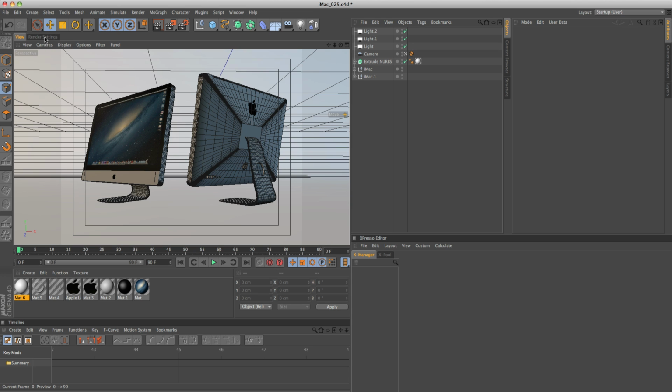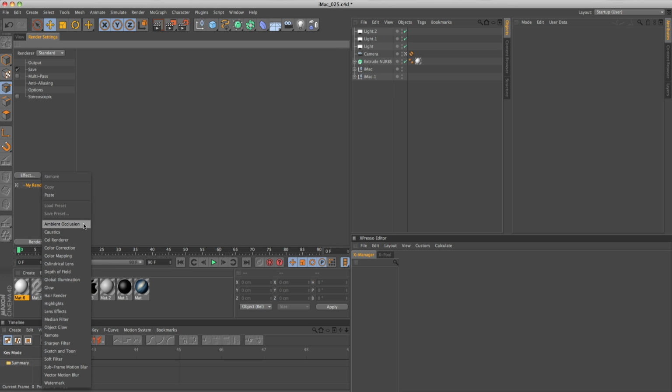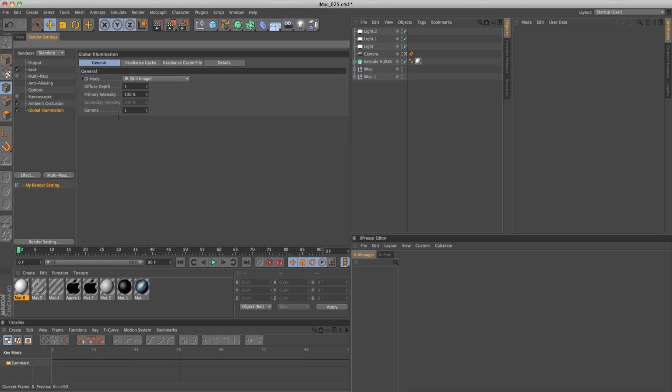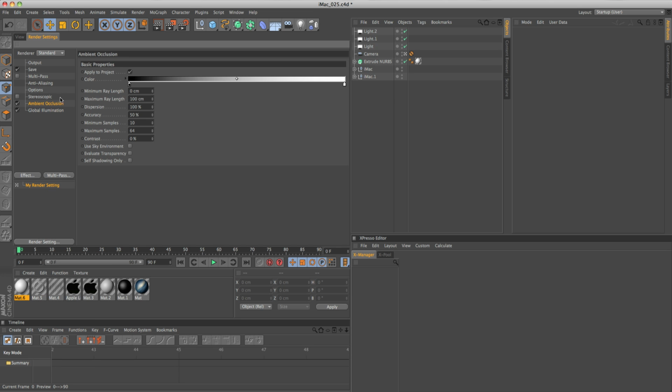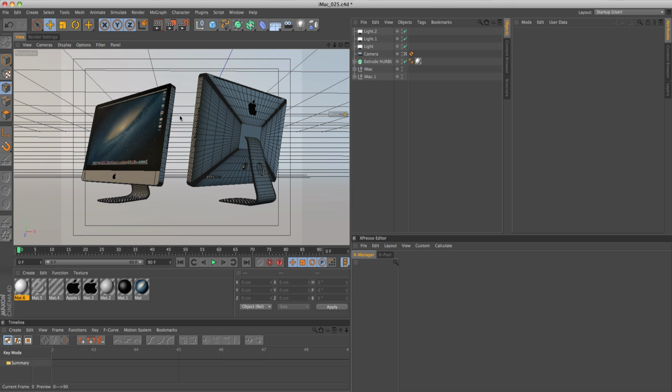So we want to come onto the render settings and select effect, and we want ambient occlusion, and then effect again and global illumination. And then with those two selected, we want to come on to the anti-aliasing and change the geometry to best, and then we want to change the max level to something crazy like 8x8 or 16x16, and this is going to give us really nice anti-aliasing. And then all I'm going to do is just hit render,